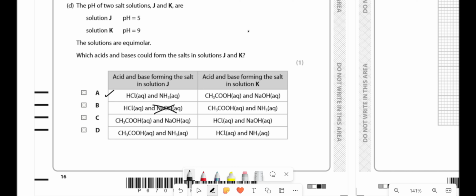Strong base, it will overshoot to like really high numbers as well, out. And these are weak base, weak acid, it's going to barely get anywhere. It's going to be quite close to neutral, so that one's out as well. So then we're left with A, to be honest, and even if we look at the other ones, we've got HCl and NH3, that would be a weakly acidic product anyway, because that's a weak base adding to a strong acid. Here, this is a weak acid and strong base, so that's going to lean more towards higher than 7,